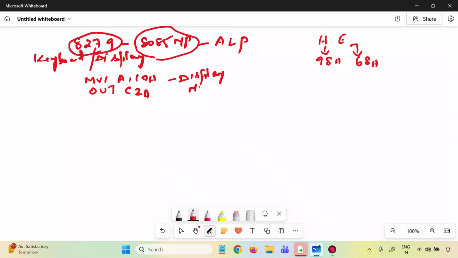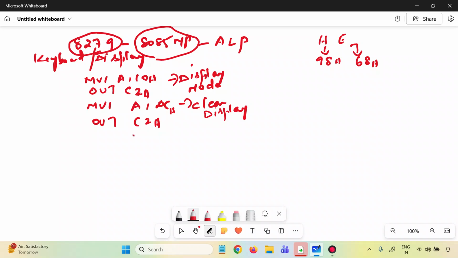Whenever we want the display mode, we assign the value 10, and that should be outed to the port address C2. So it will go and stay in the respective port address. The next one is MVI A, DC. First we went for the display mode because we want to display a character, and the two characters we are going to display here are HE. So the display mode is ready, and after that any previous display we have to clear. When you give the control word DC, it clears all the display and keeps the display part ready. That value should also be outed to the port address, OUT C2. C2 is your 8-bit port address.